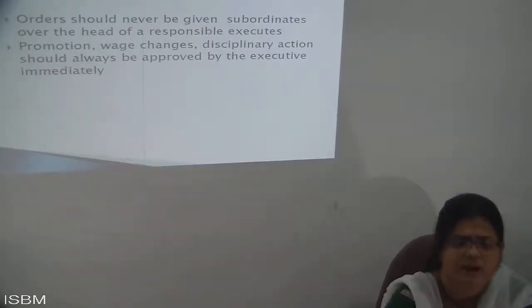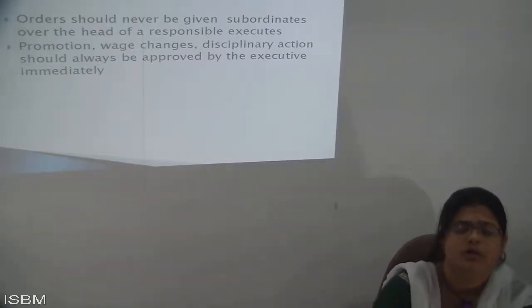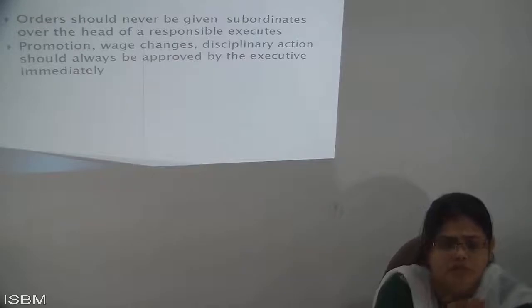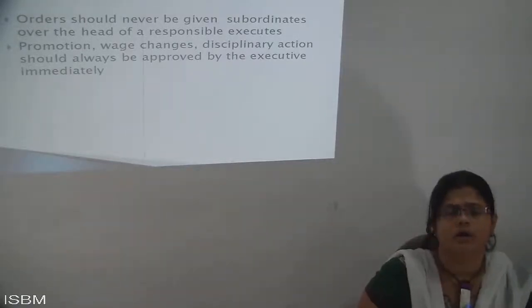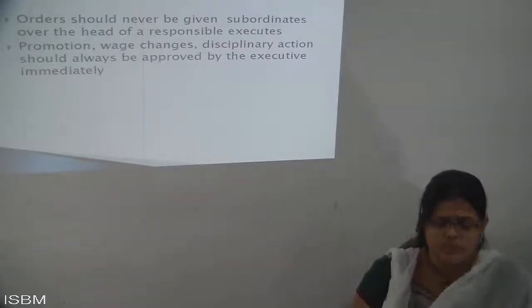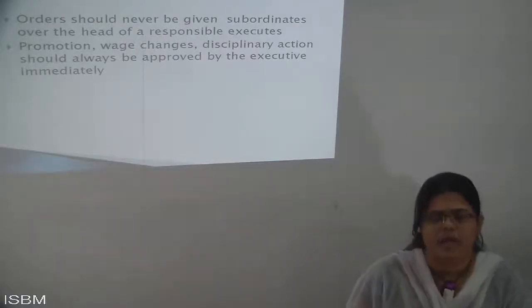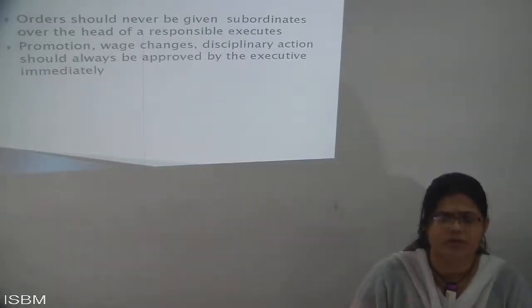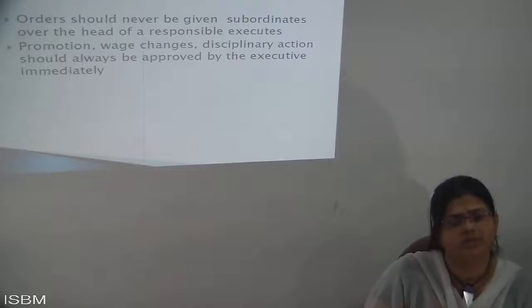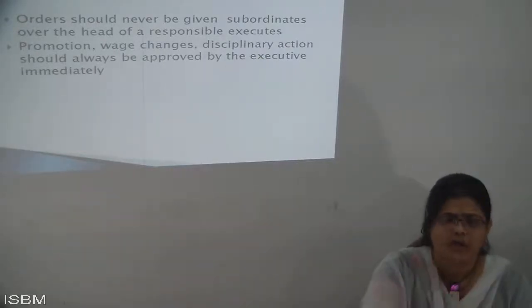From the previous points we are learning that an organization does not run with the help of one management, or management does not run with the help of one thing. So when work is allotted, you need to divide it among each and every person in the right manner. You should know the authority: the higher authority, the head of the responsibility, should be given to the executive who handles the subordinates. For example, if one person has 10 people under them, the executive should give the work to the subordinates properly.